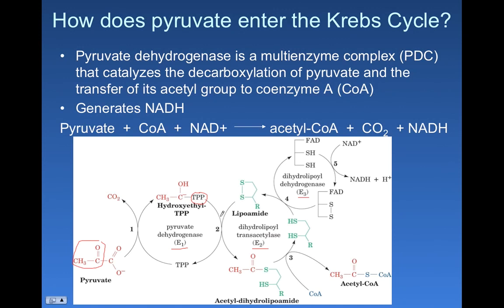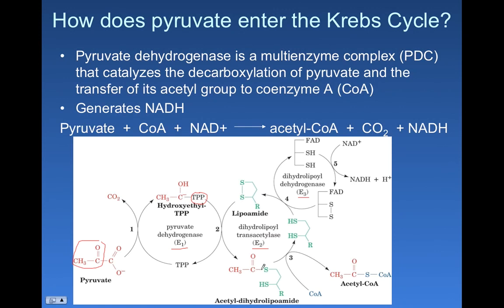The TPP just holds onto the 2-carbon piece temporarily, and then in the second step, we'll transfer those 2 carbons over to a second vitamin cofactor called the lipoamide. This looks like a disulfide bridge here, and we remember that this is the oxidized form of it. And so as we pass the 2-carbon piece from TPP to the lipoamide